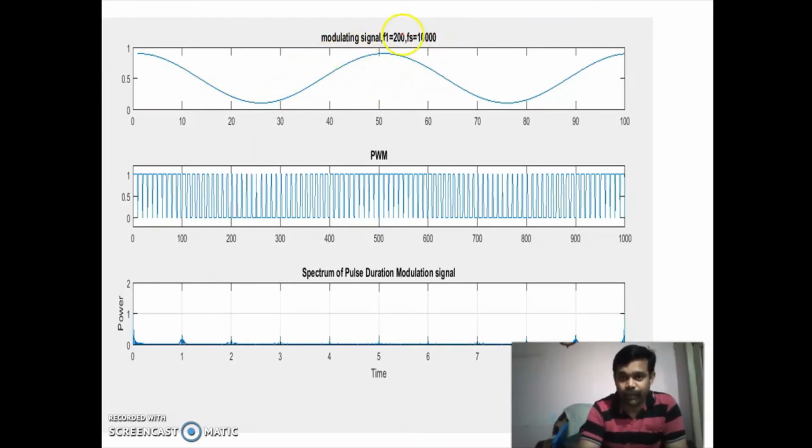From the frequency you have to find the time period, T is equal to 1 by f, and you have to draw the time period, and within that time period you have to draw one cycle. After that you have to continue.